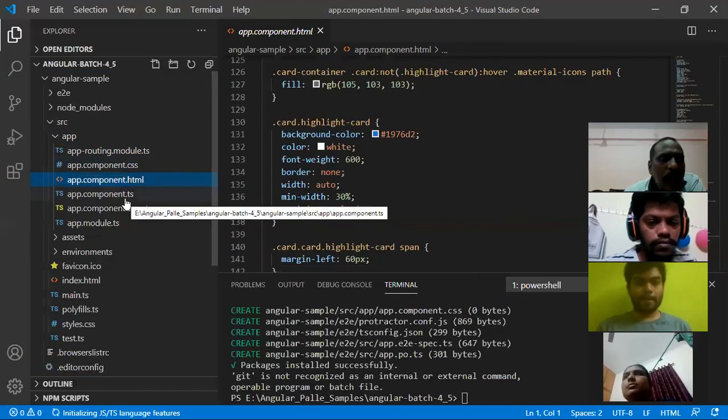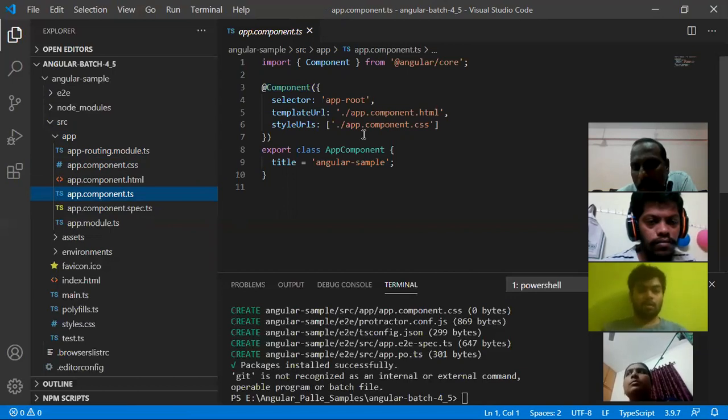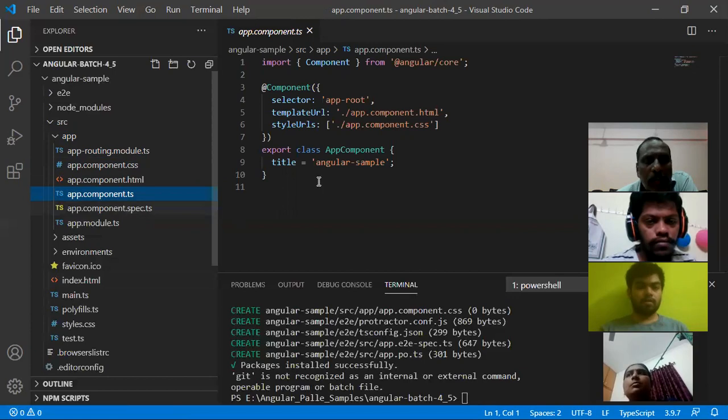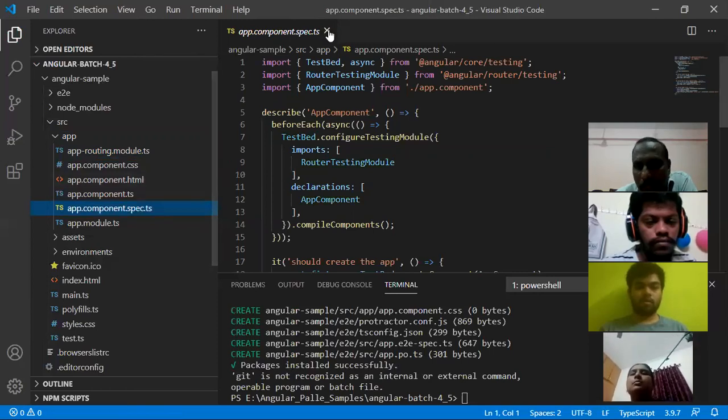And there is app.component.ts, where some code is automatically written. There is also app.component.spec.ts. We are not going to use this because it is used only while performing unit testing.